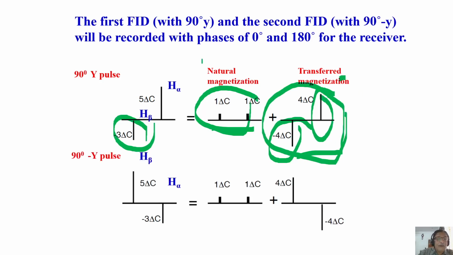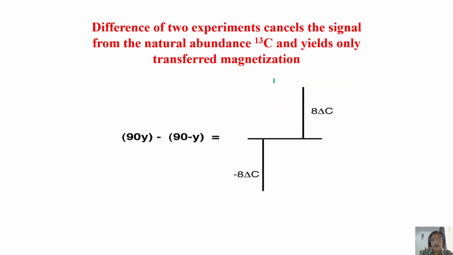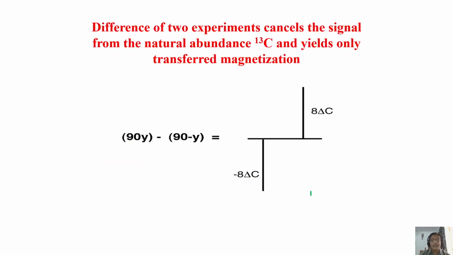Okay, now apply 90 degree minus Y pulse. Now alpha beta components are interchanged. Now this is plus 5, this is minus 3 in intensity. Of course, natural component in phase is still present. Now if you add, you will get this thing. Again, very interesting thing. There are two experiments we did. In both the cases, we are going to get these things. But what we will do is, we will take the difference of the two experiments, this and this. Now if I take the difference, what will happen? This will get nullified because it is the same phase, same intensity, and this will get added up. And this is what we get.